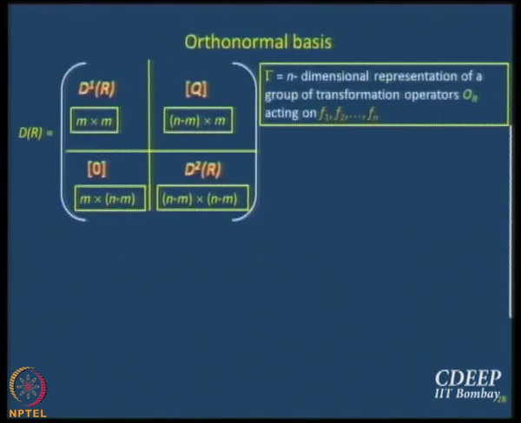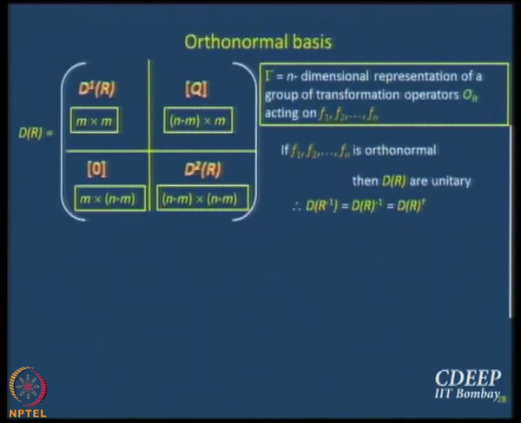So this is the same matrix, just written in a more sane size, 4 blocks. And do not forget that we are talking about an n dimensional representation and we are talking about the f functions. Now let us say that the f functions are orthonormal. If the functions are orthonormal, what will happen to the matrices? They will be unitary, right? The DRs are unitary.